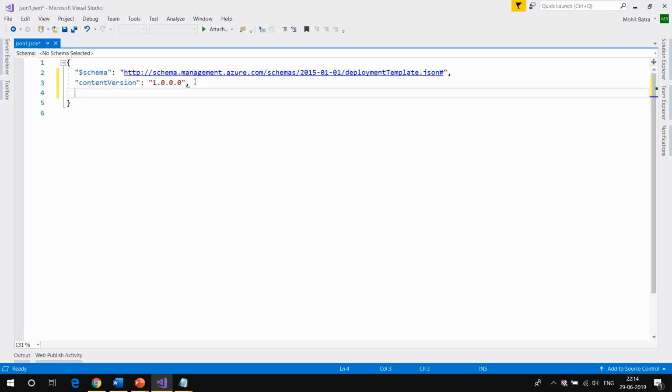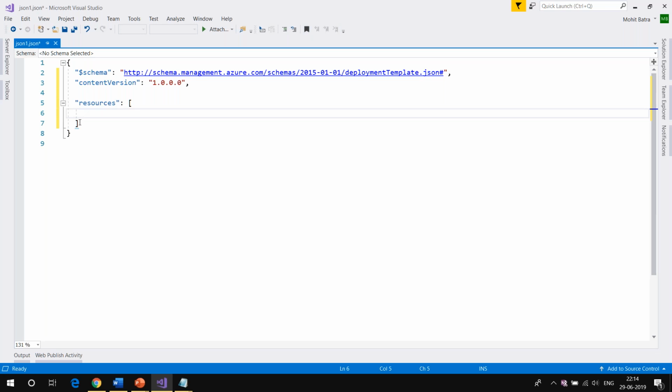Okay, now next thing is, let's understand the different types of sections which are there in this ARM template. Another mandatory section is called the resources. This is where I'm going to specify what resources I want to deploy. If I want to deploy a storage account, I'm going to put in the information of the storage account under the resources section.